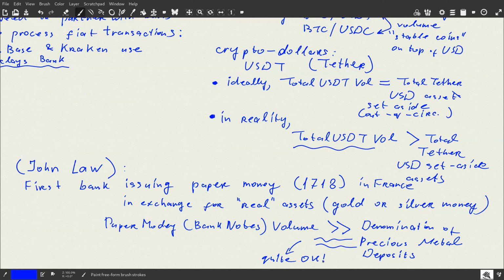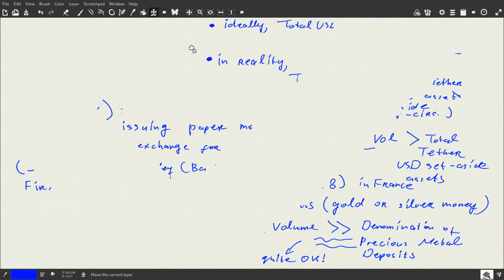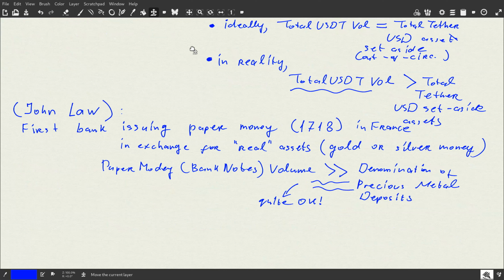Issuing the total amount of high liquidity crypto assets, or let's say paper money, as John Law did, compared to the amount of your backing, is generally okay. It is okay as long as, no, obviously there are some limits. It is okay as long as